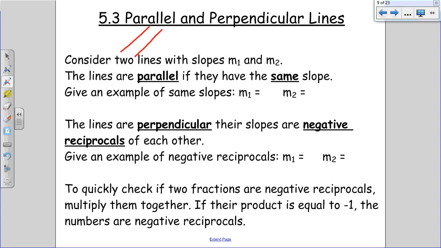It says that right here. I'm going to give you an example of identical slopes that don't look like identical slopes. So M1, we'll pretend this is line 1 right here. So slope 1 could be 3 over 5. M2, assuming that this is line 2 right here, must have the same slope because they're parallel lines. But the same slope doesn't always look like the same slope. They could say that M2 is 6 over